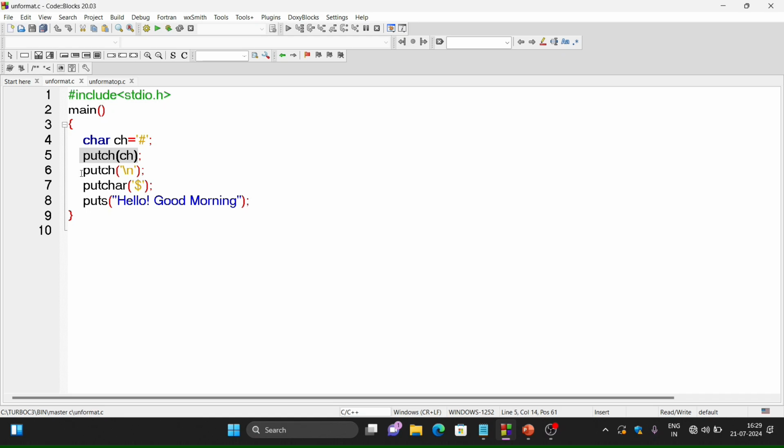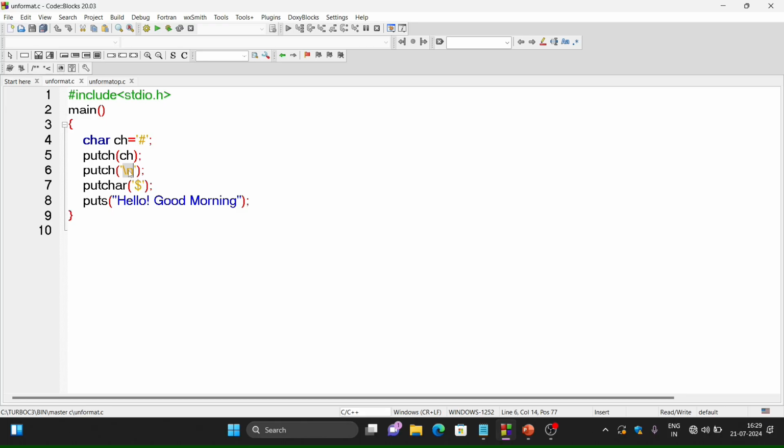Then the next statement is putch, again a single character constant, which is called the backslash character constant, जो कि हमने printf में पढ़ा है, that is the backslash n. We know that with this backslash n control will go to the next line.